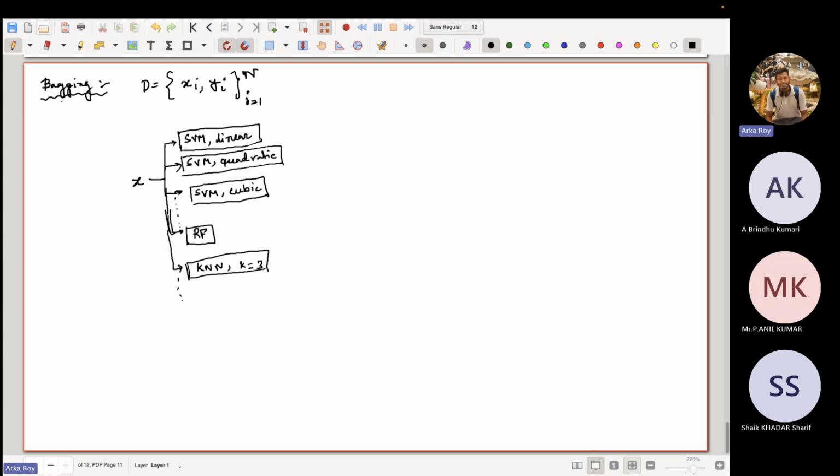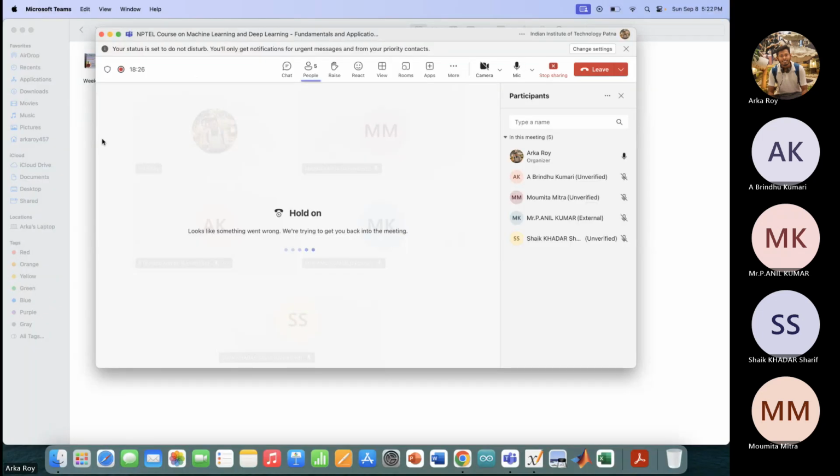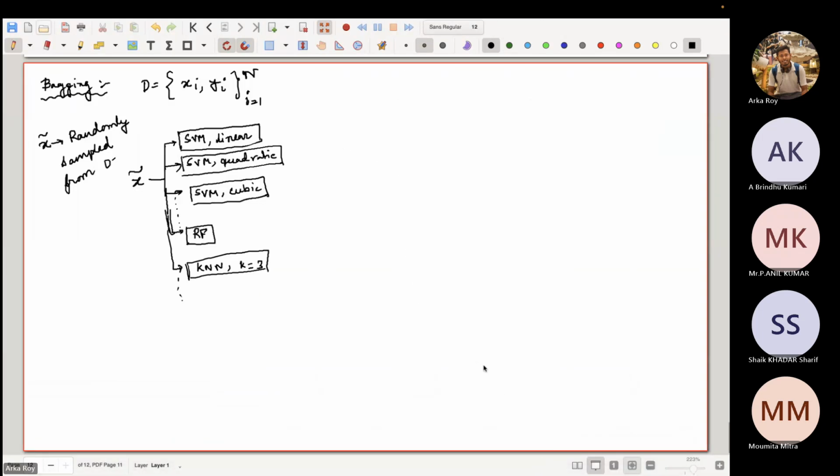Fine. Now, in case of bagging, there is a catch. Initially, in stacking, we used the whole data to train these parallel models. But in case of bagging, instead of passing all the xi directly, we feed x tilde, and x tilde is randomly sampled from D, x comma y, with index I, with